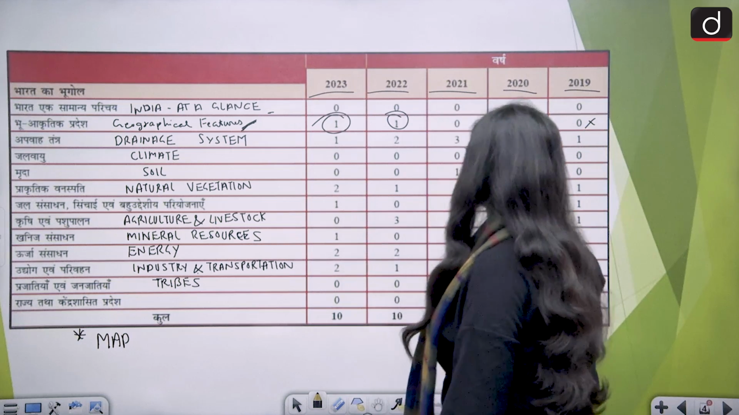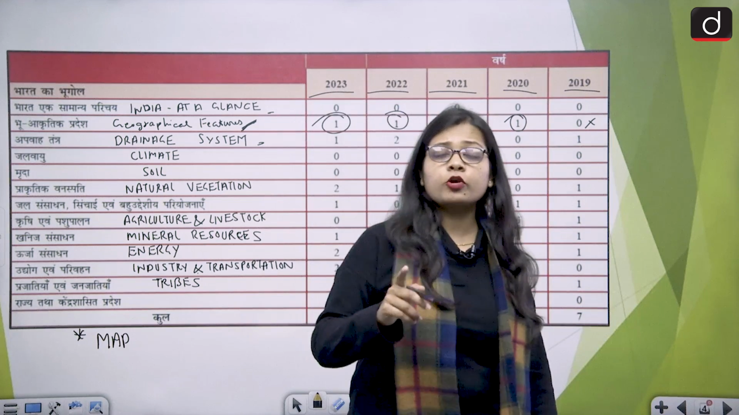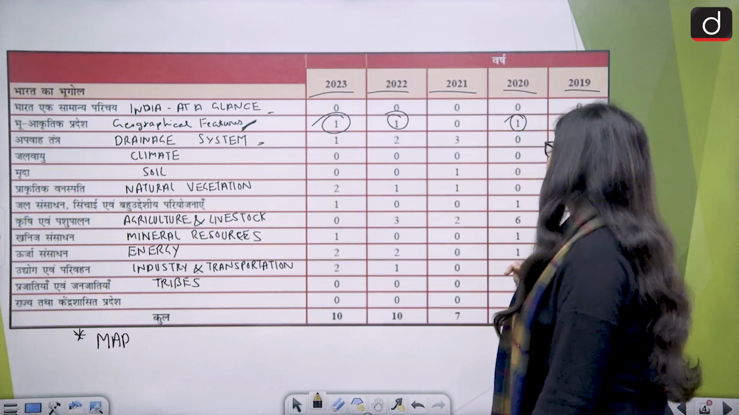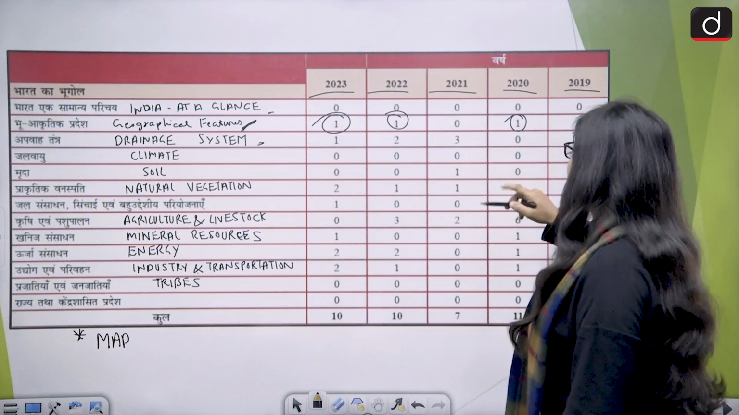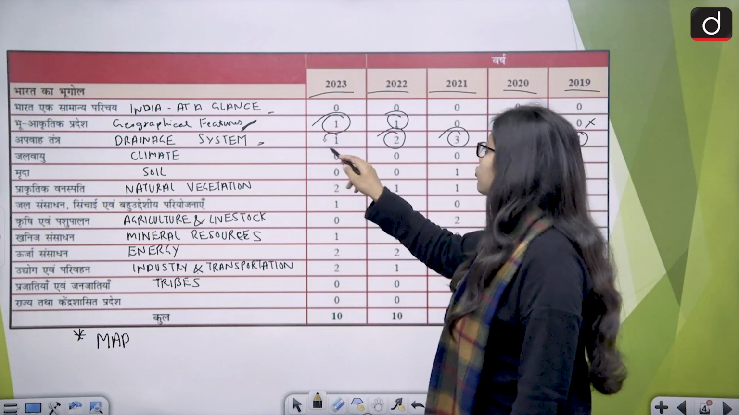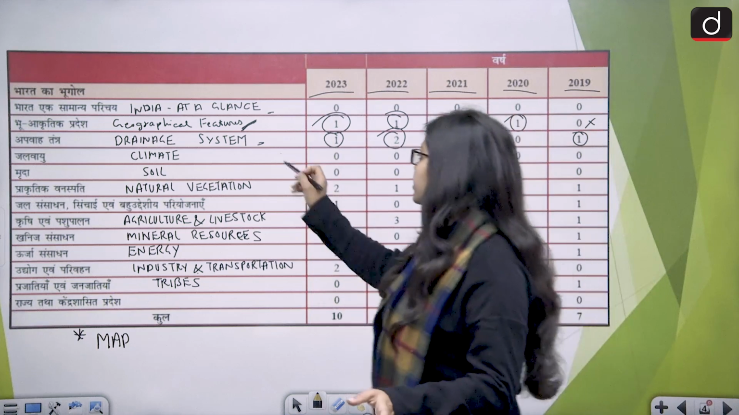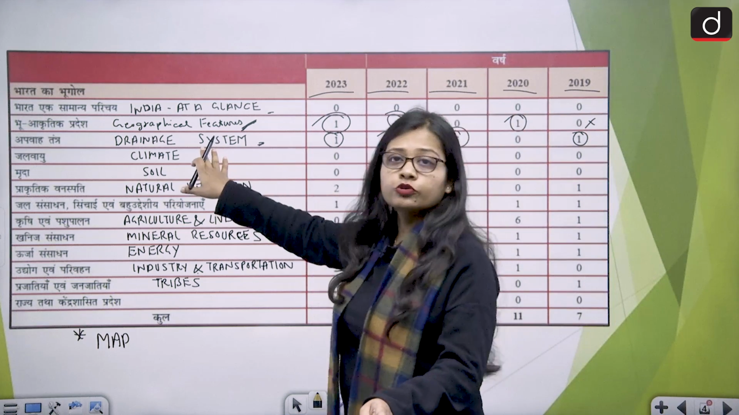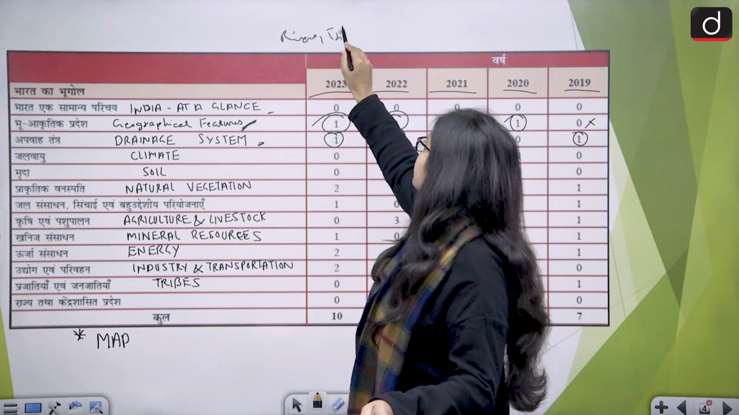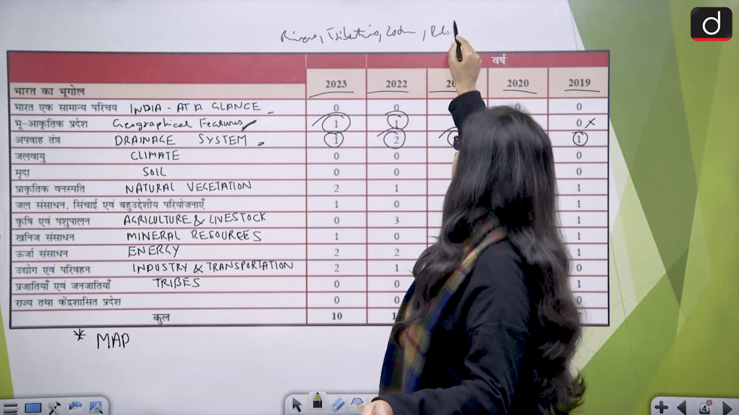Then comes the drainage system, and drainage system is a very important topic in geography, because a lot of questions are asked from this aspect. In 2019 there was 1 question, 3 questions in the year 2021, 2 in 2022, and 1 single question in 2023. And when we talk about the drainage system, what becomes important for you to know is about rivers, their tributaries, estuaries, deltas,